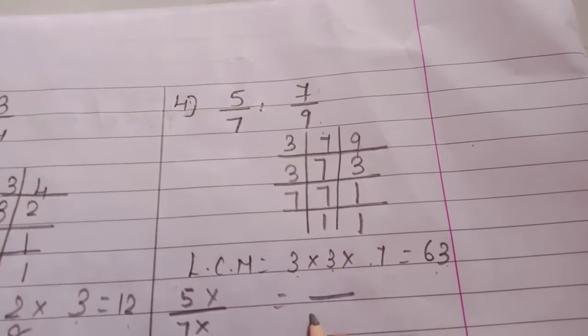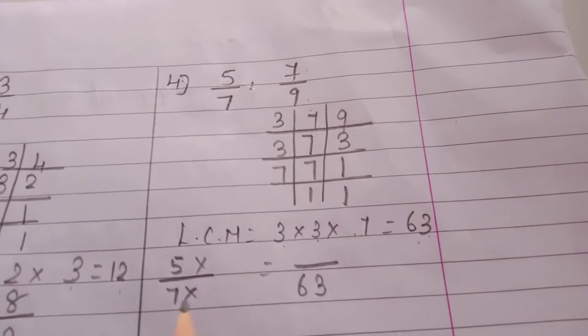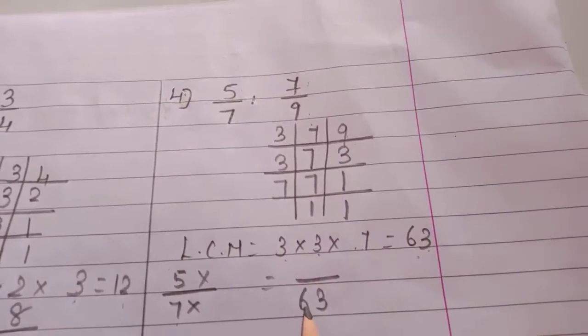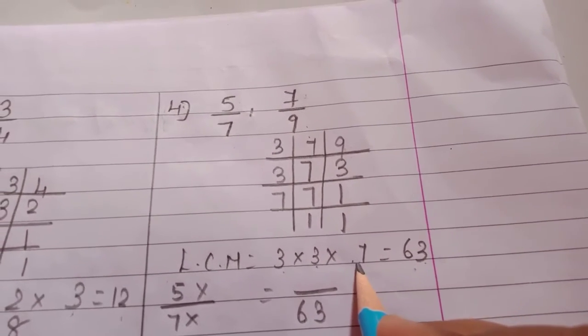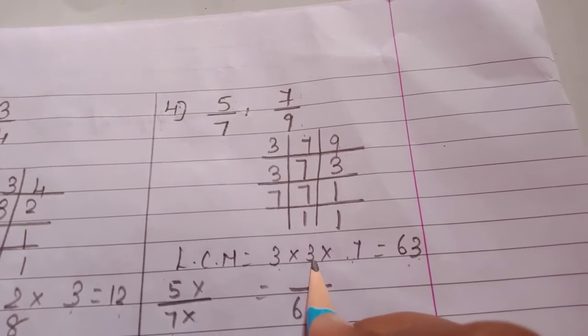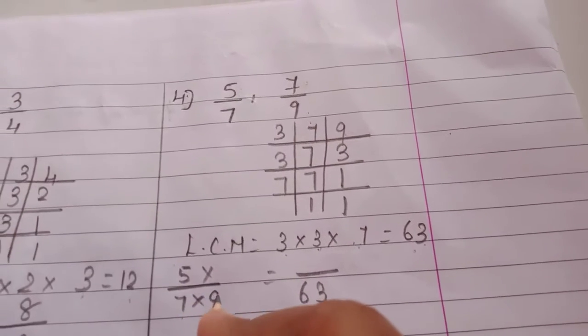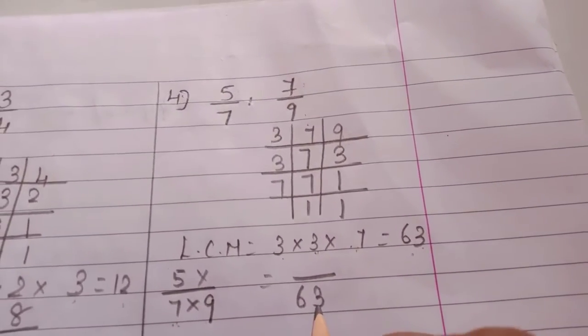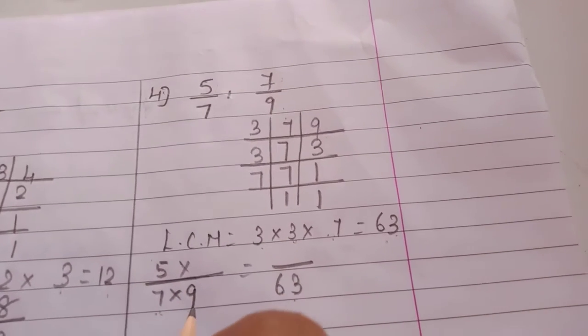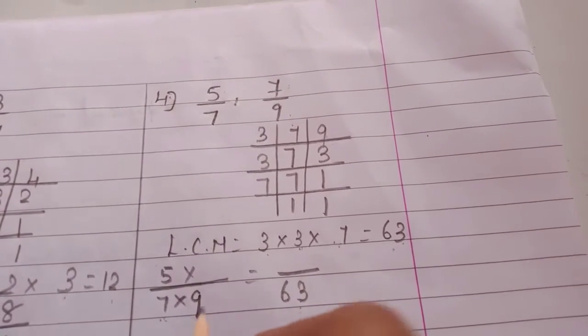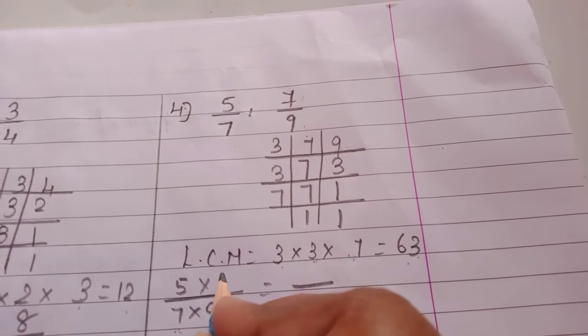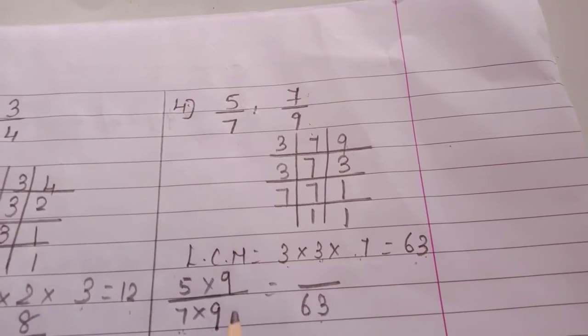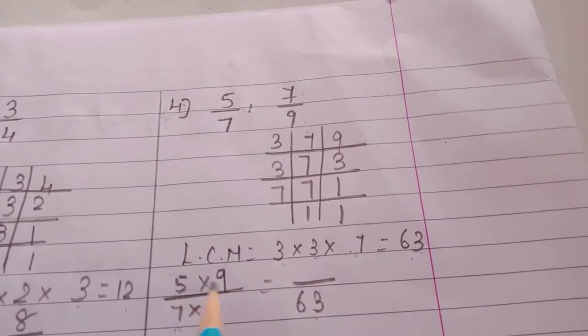Now the fraction is 5 upon 7. So we want denominator 63. So what will we multiply with 7 to get denominator 63? Here 7 is there. So which number is left? 3 3s are 9. So we will multiply 9 to 7 to get 63. 7 9s are 63. So whichever number we multiplied with the denominator, that we will multiply in the numerator also. So we will multiply 9 in the numerator. 5 9s are